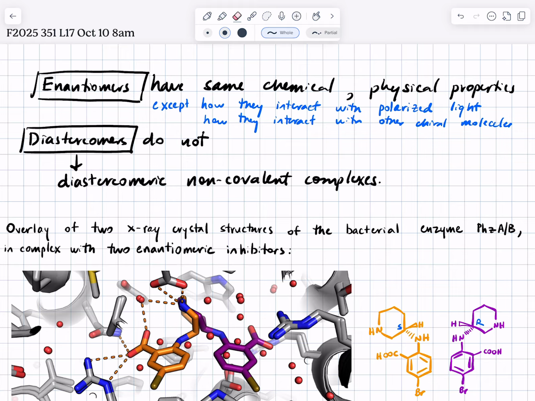I will say, though, that diastereomers do not have the same chemical or physical properties, and that goes not only for molecules that are diastereomers of each other, but even temporary non-covalent complexes that are diastereomers of each other. So shown